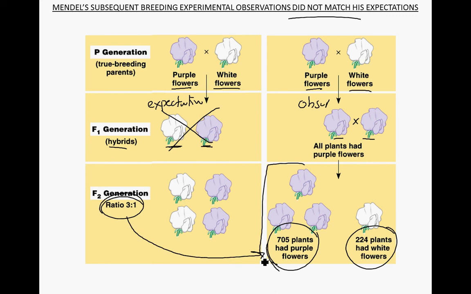Incidentally, if he had gotten this, which he did not, if he crossed these two, he would expect to see equal numbers of those. But again, this never happened. He didn't do that cross there, right? So he sees this 3-to-1 ratio. This 3-to-1 ratio leads him to say, oh, okay, the purple is dominant to the white, right? And he then goes on to